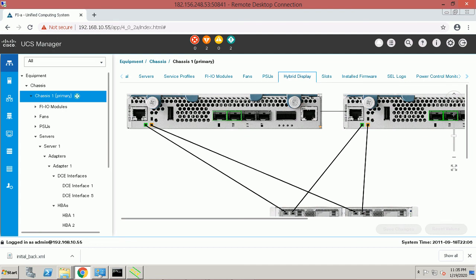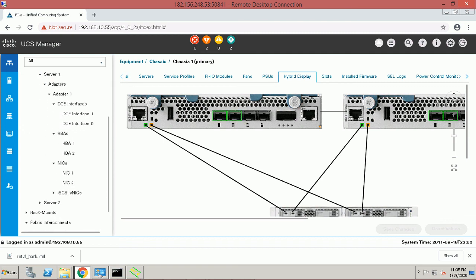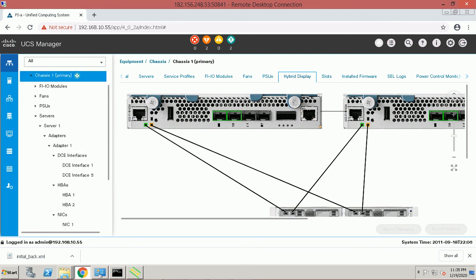and these are the uplink ports. These are the uplink ports. These are fabric interconnect uplink port 1 and port 2. So this is type network, E1, E2. Okay, that's fine. So now go back to your server 1,